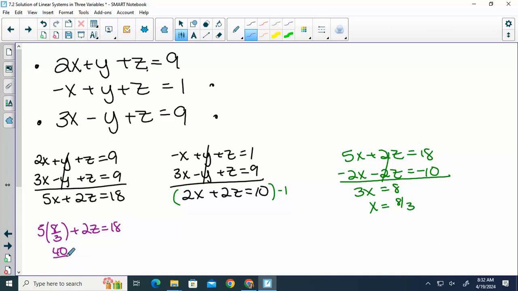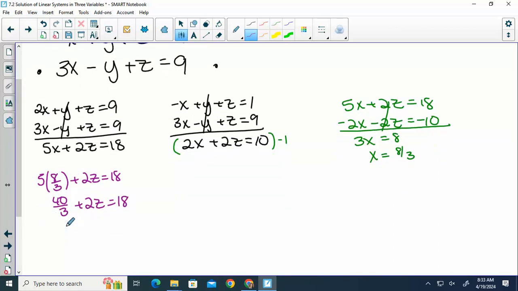That would be 40/3 plus 2z equals 18. Subtract 40/3. So 18 minus 40/3 gives us